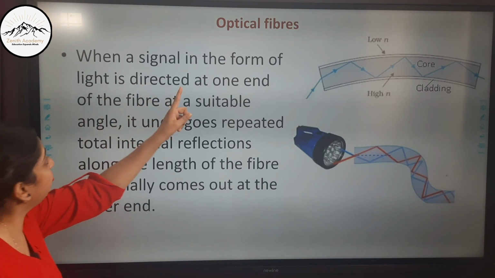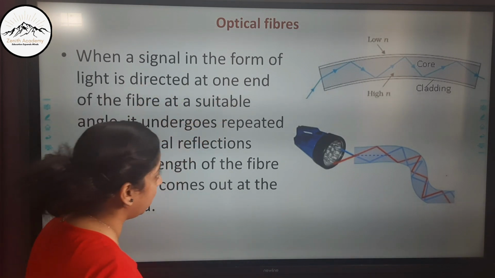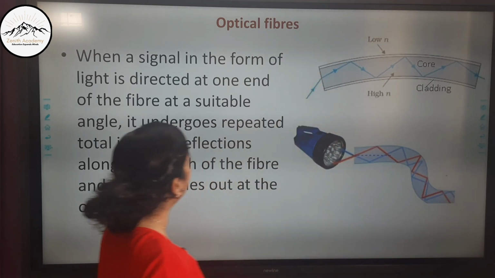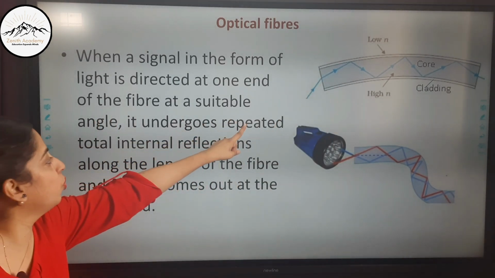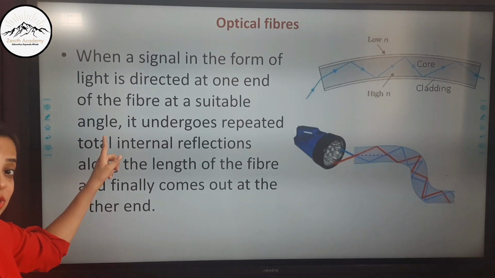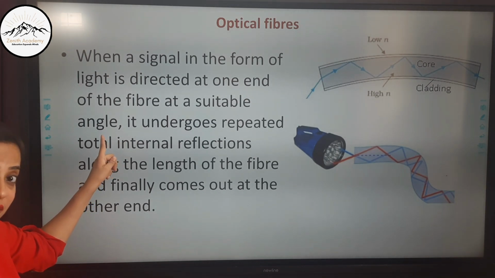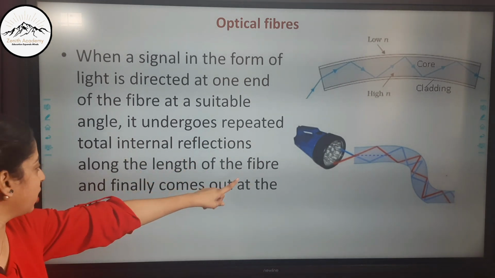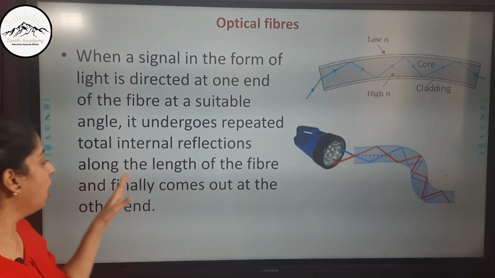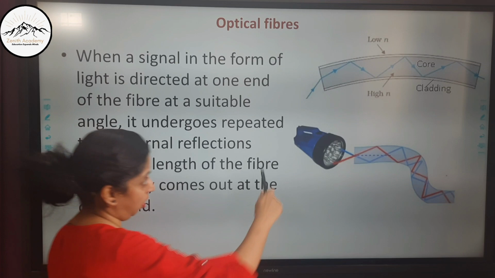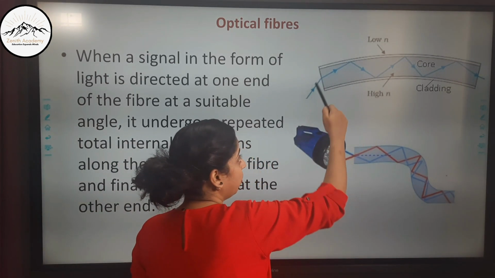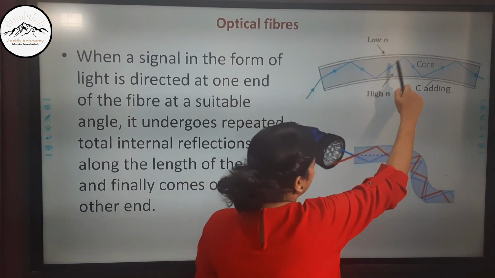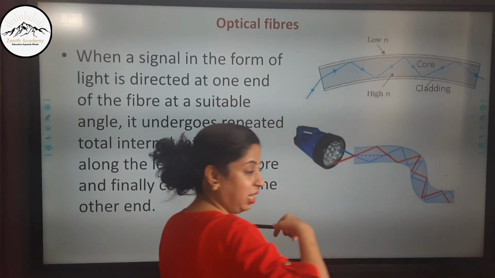Now when a signal in the form of light is directed at one end, so here you can see, this is the signal of the light, it is directed at one end of the fiber at a suitable angle. What is a suitable angle? The angle which is more than the critical angle. It undergoes repeated total internal reflections along the length of the fiber and finally comes out at the other end. So this angle has to be taken carefully, the incident angle, such that it suffers total internal reflection,